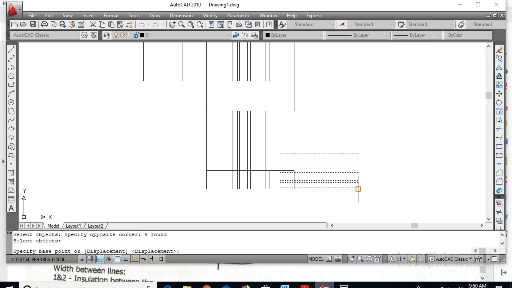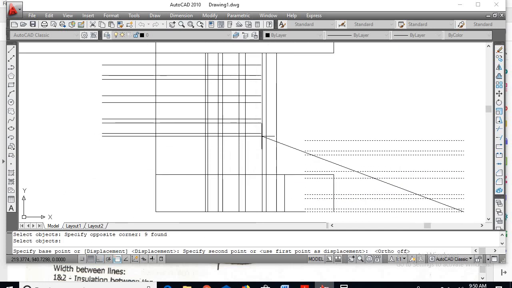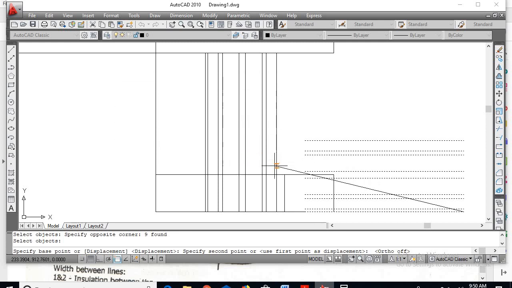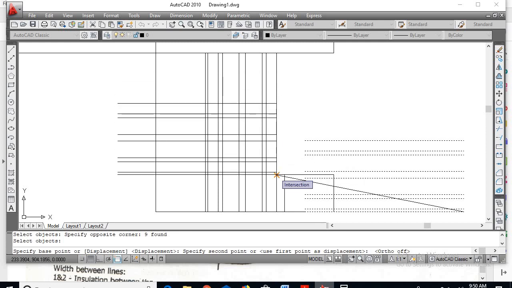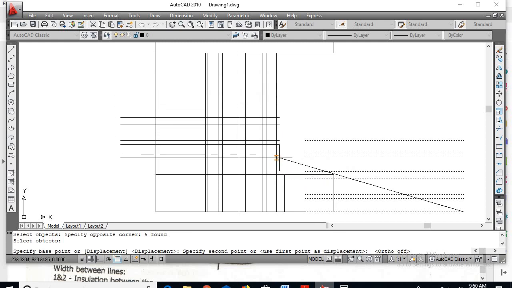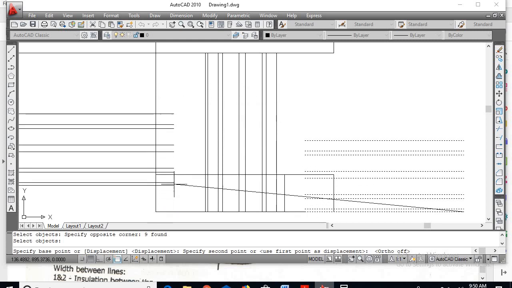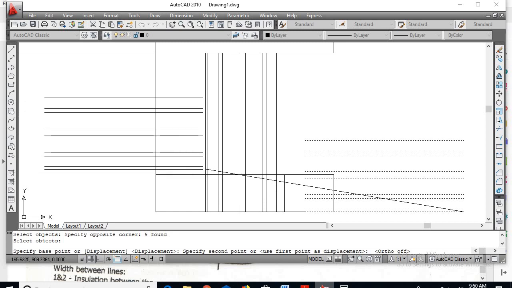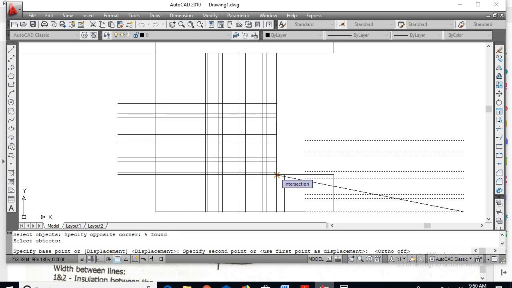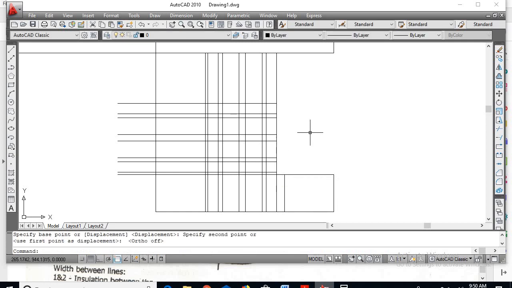Okay, so now go for move command, select all these lines, enter. Take this as the base point, that is the last line, and switch off the ortho, zoom in here. Exactly, so let us paste on this line, from here to here we have considered as 35, right? At that particular point where the windings have to be mentioned, I'll place it there.